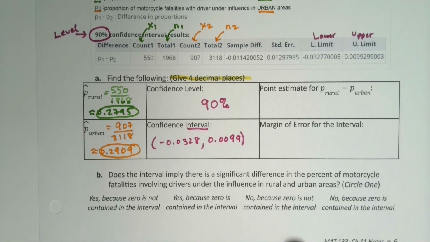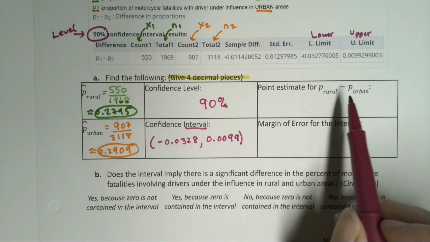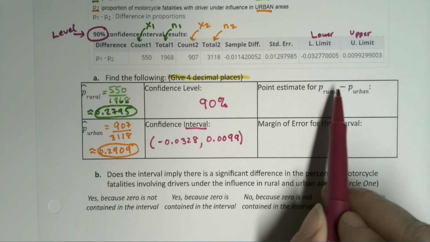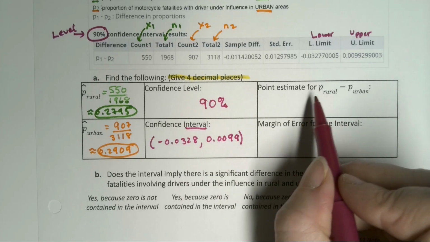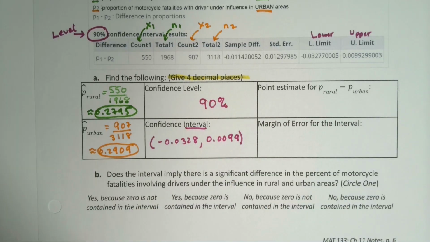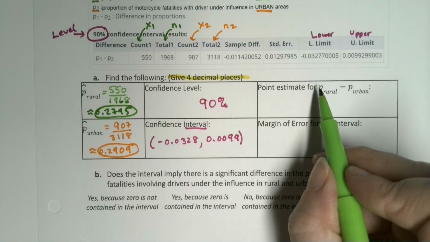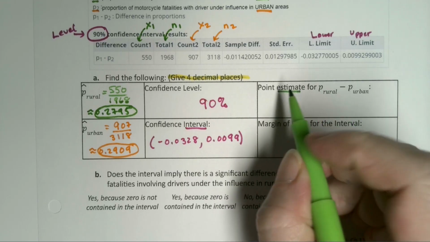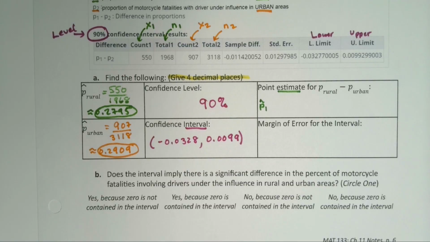Wonderful. Okay, now what about the point estimate? Well, the point estimate is the p hat for rural minus the p hat for urban. Sorry, the point estimate for this p hat is the p hats. So if we take the p for rural, the actual p for rural minus the actual p for urban, this is the population one. But the estimate will be p1 hat minus p2 hat,